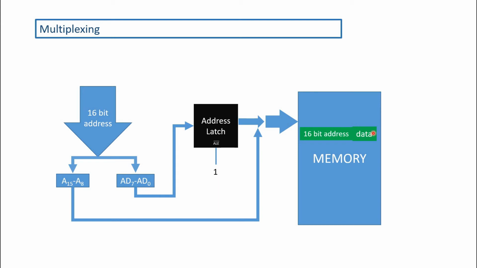Now the problem is, if you use 8 different lines to carry this data to the MPU, because this memory is outside the MPU, this is not a part of the MPU. Okay, now see, you have already spent the 16 lines, that is the 16 pins of the MPU, to carry address from the MPU to the memory. Now if you use another 8 lines to carry data to the MPU or carry data from the MPU to the memory, then you are occupying 24 lines only to carry data or address, and 8085 is a 40-pin MPU.